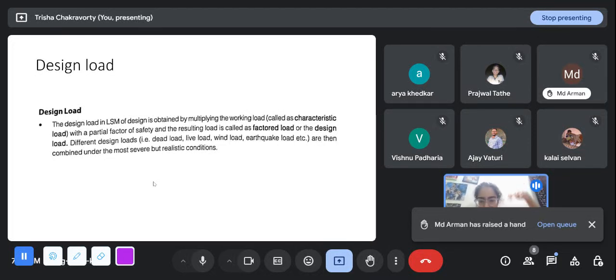Suppose a structure has gravity loads, dead load and live load. We generally apply a safety factor of 1.2 on dead load and 1.5 on live load. But when there is a load combination called dead load plus live load, because they are acting in the same direction, we don't simply add 1.2 dead load plus 1.5 live load. There are certain combinations that are also stipulated in the codes, which I'm sure you have studied in RC design